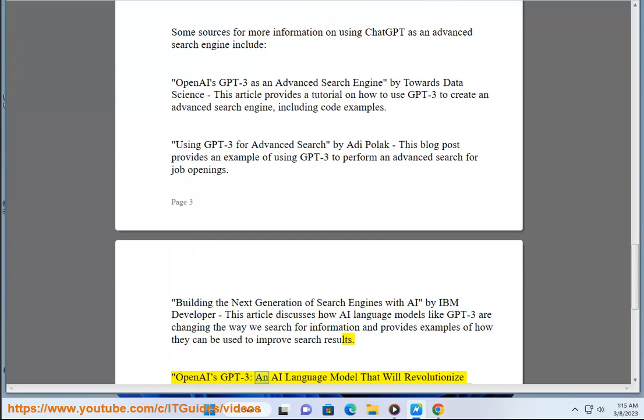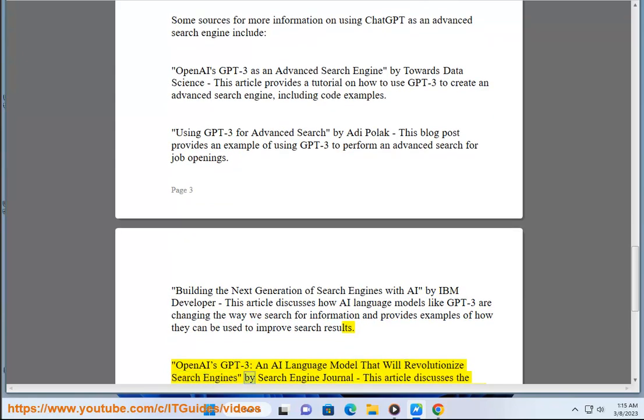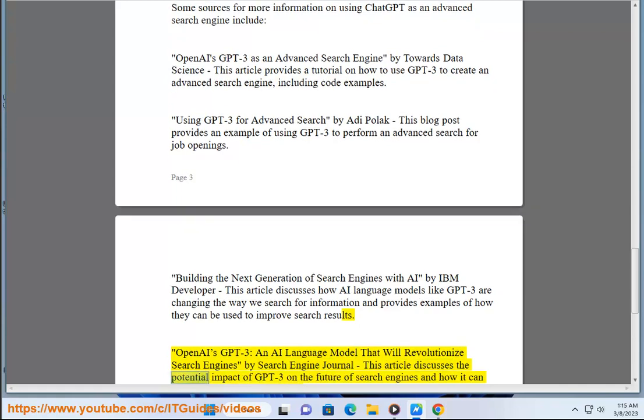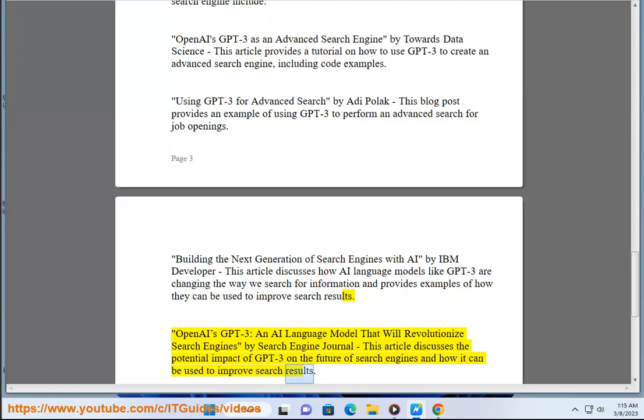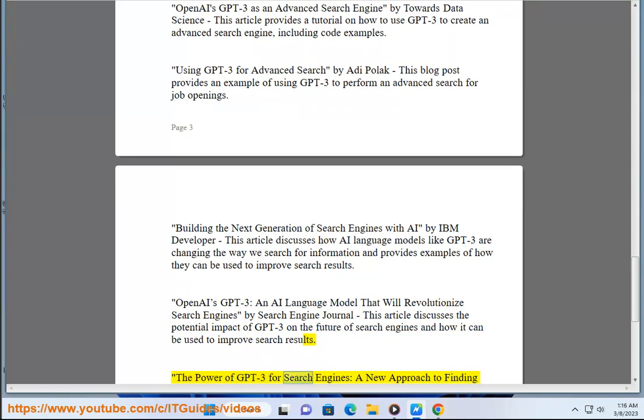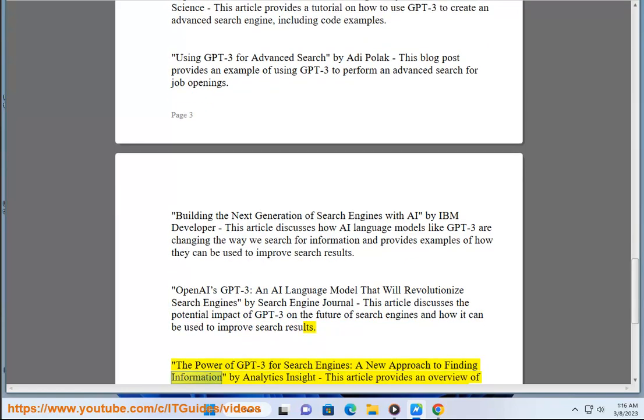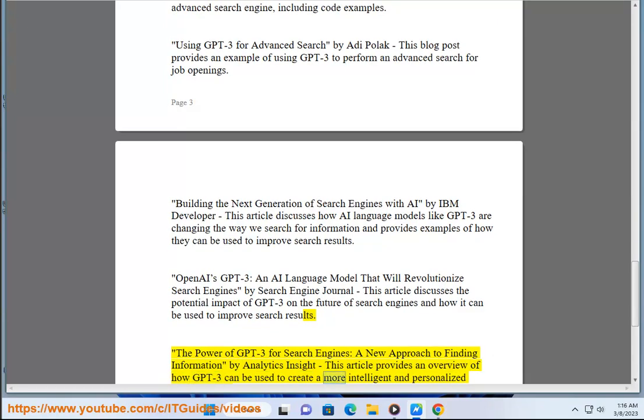OpenAI's GPT-3, an AI language model that will revolutionize search engines by Search Engine Journal. This article discusses the potential impact of GPT-3 on the future of search engines and how it can be used to improve search results. The power of GPT-3 for search engines, a new approach to finding information by Analytics Insight. This article provides an overview of how GPT-3 can be used to create a more intelligent and